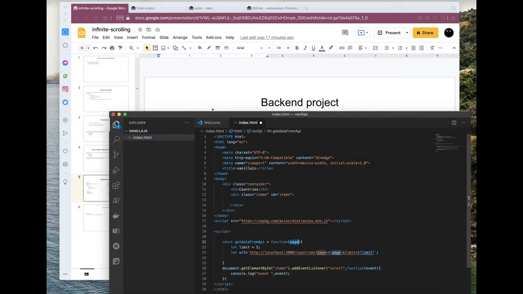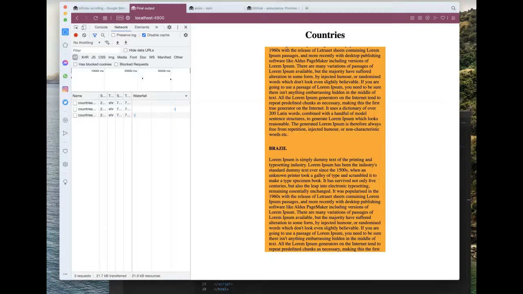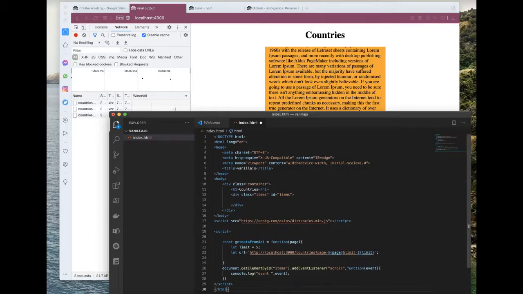There are different ways to identify the limit of a page of an element. Currently, we are just hard coding the limit. It can be 5, it can be 10. We can also determine the limit by coming up with our own logic on how many elements can be displayed in a particular element, and then we can specify the limit. But for this demo, we will just hard code the limit.